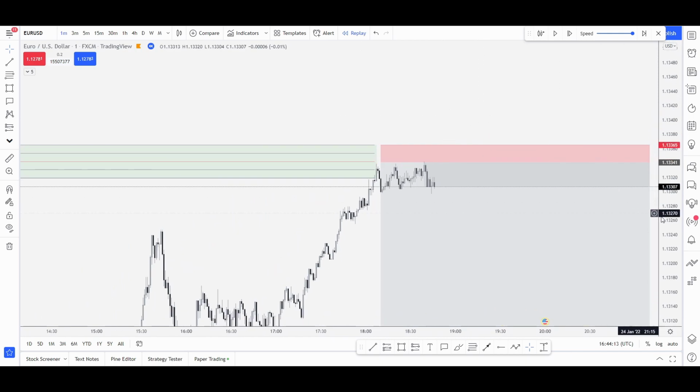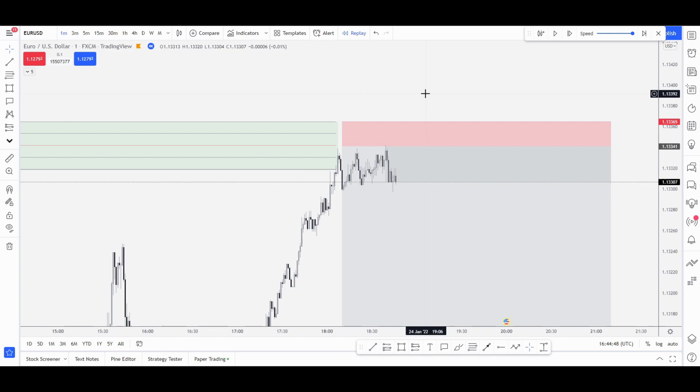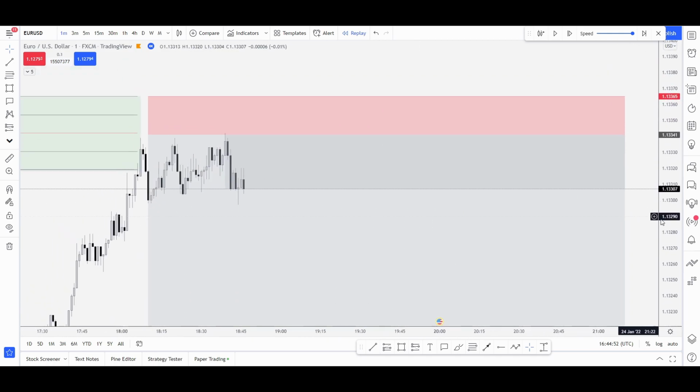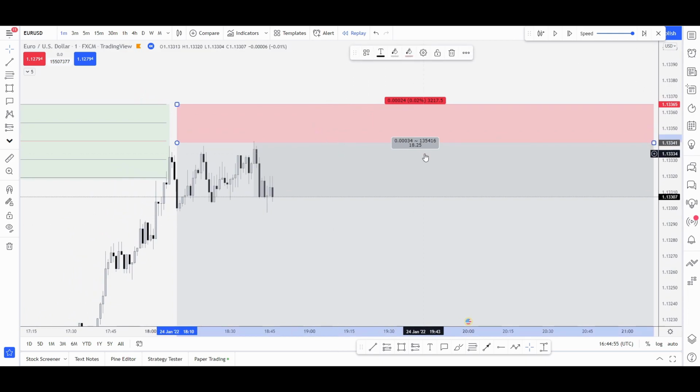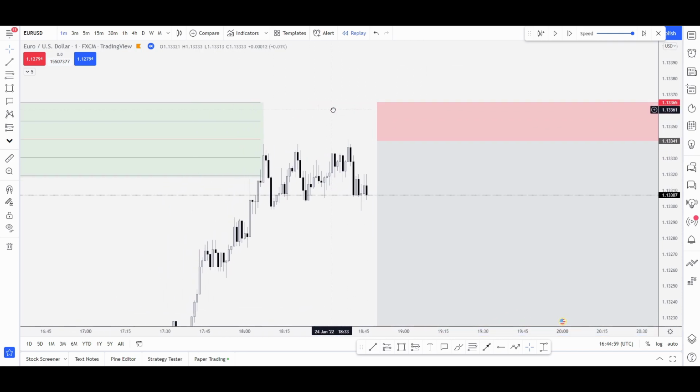There, we get a tiny tag. Okay, so with this we get tagged into the move, which is superb, but I want to make sure that I'm getting my entry criteria correct. So I'm just going to slide this out the way just to clear the charts a little bit. Now, what we've had is a very minor break right there,